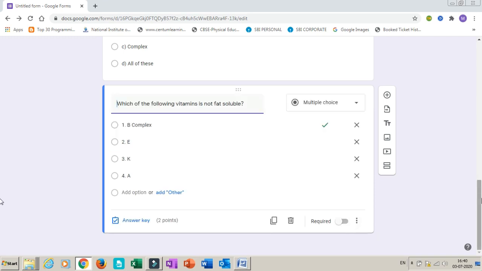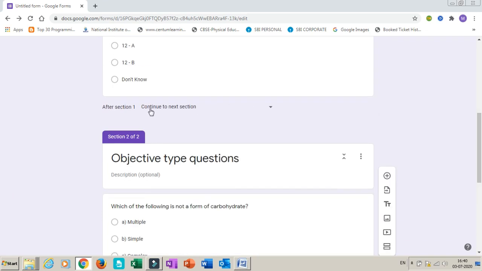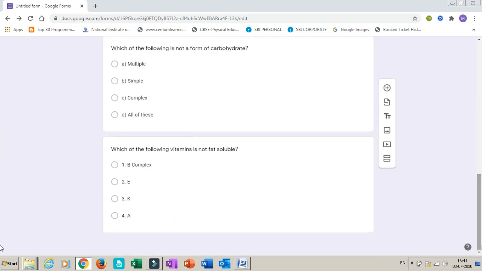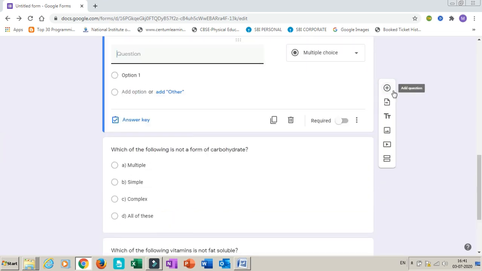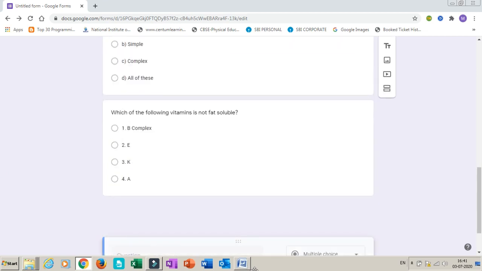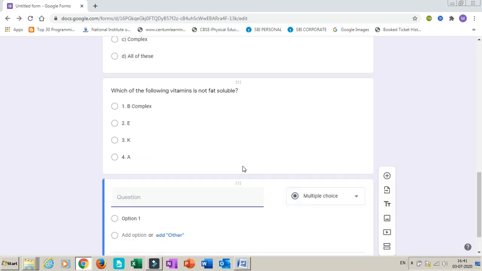Okay. Now if you want to see the preview, you can see the preview also. Now it will go to the next section that will show you afterward. Okay. Now the next, add a question. Now you can see here the question has been added in between. You can drag the question like this. I want it at the last, go to the last and drop it. Like this, you can drag and drop also.